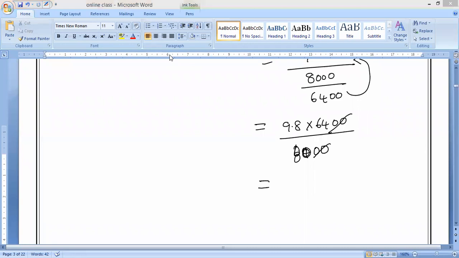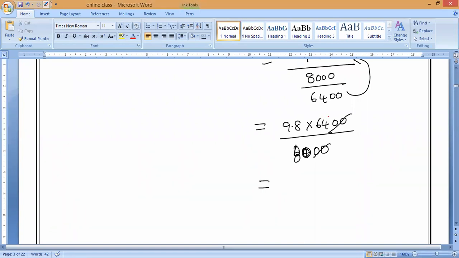Anybody say, what is the table? 64 and 80? Both are squares. 16 table. 16 table they will go. Yes, very good, Maitreyan. 16 fours are 64, 16 fives are 80. Is it yes or no, guys? That is what you have to remember. So now 9.8 into 4 divided by 5.